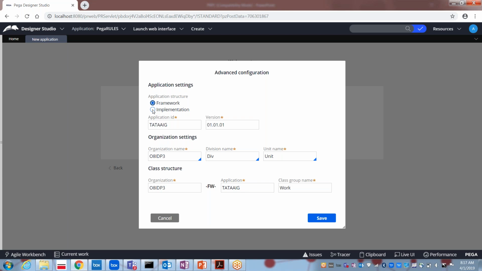We can reuse the framework functionality in other applications. In the same way, as there are existing framework applications, if you want, you can create your own framework application. That means you are creating some generic application that can be reused by many people.